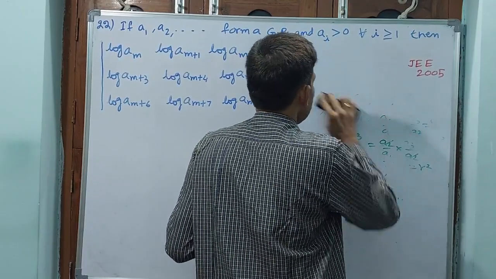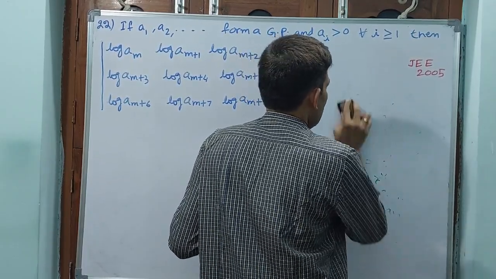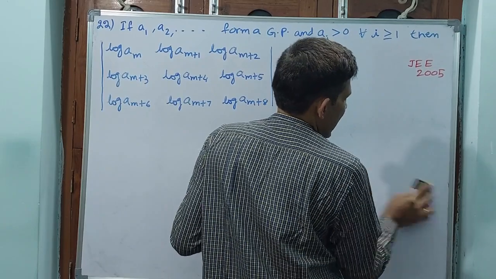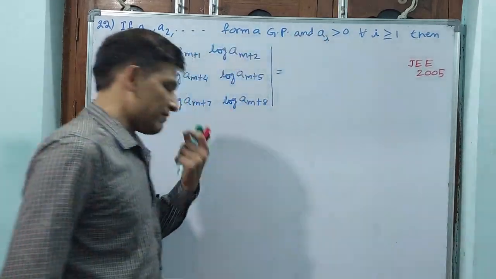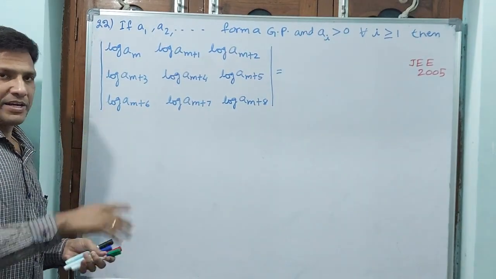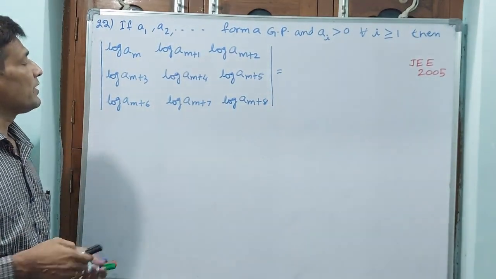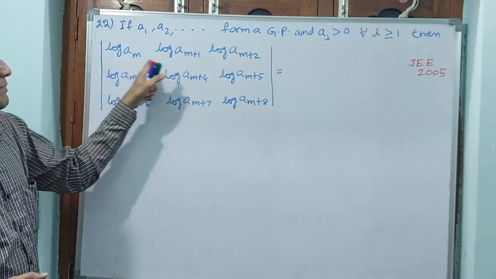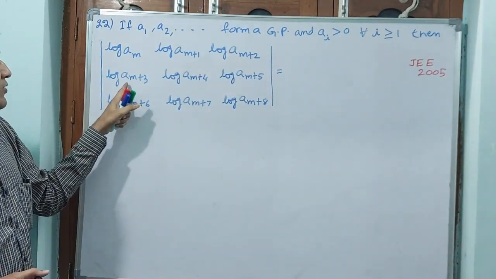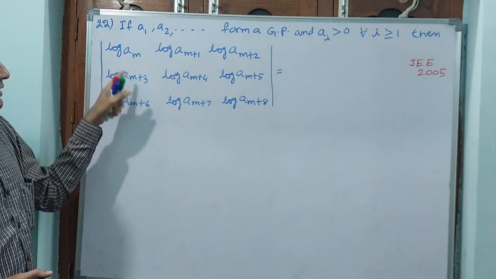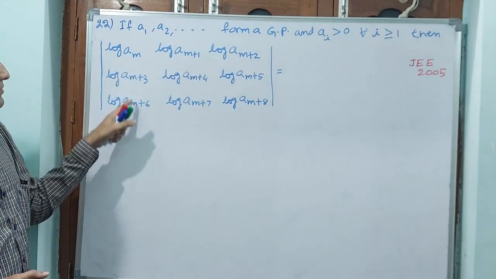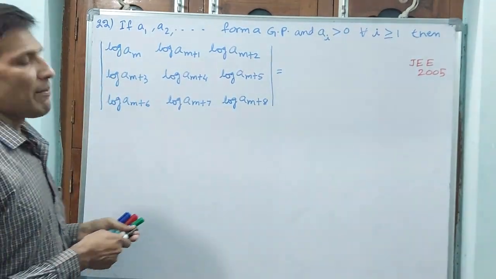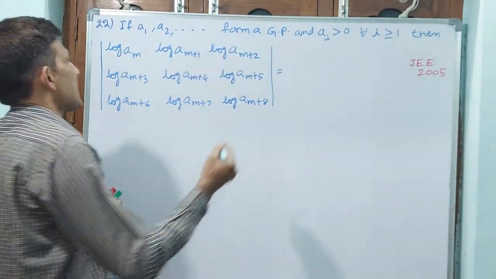Remaining all we know, the basic logarithmic principles. If you subtract, then automatically division you have to do. If you multiply, then you have to add. For addition, multiplication and subtraction, division in logarithms we know very well. Now see, I am writing here and I am doing here. What I want to do: first row stays, second row minus first row I am doing, log of Am plus 3 minus Am, and so on. That means R2 minus R1, R3 minus R2 I want to do. You see what I am writing?